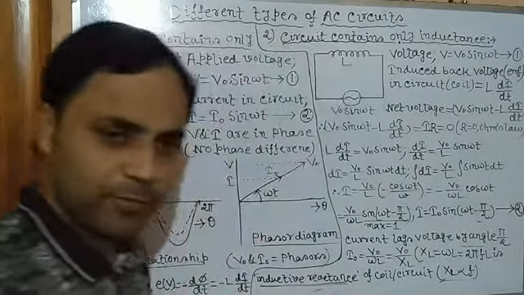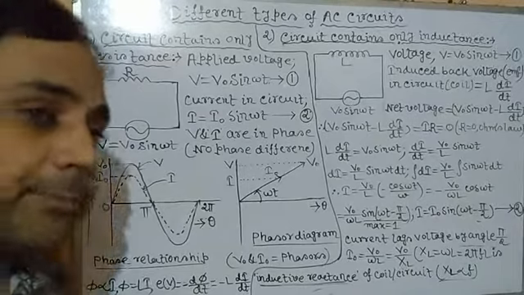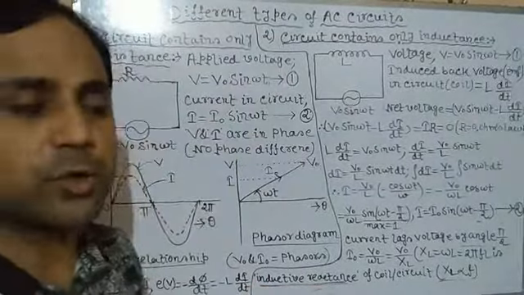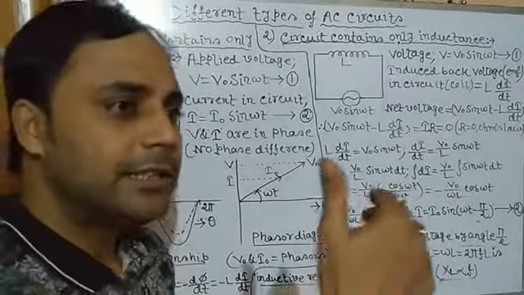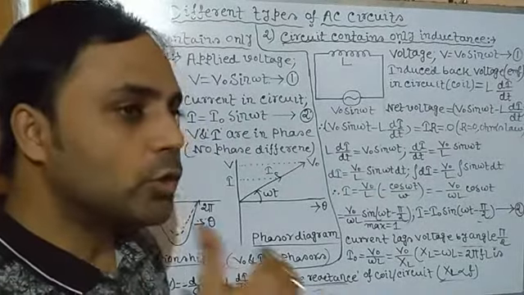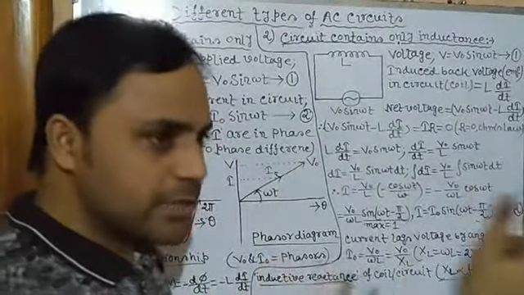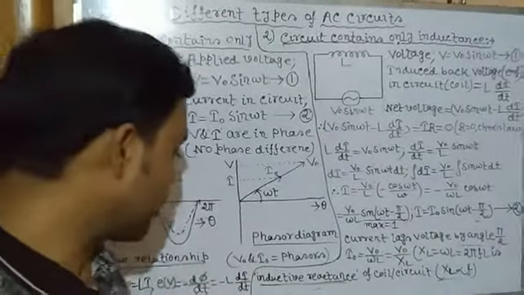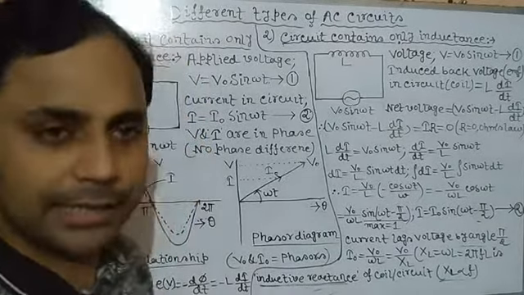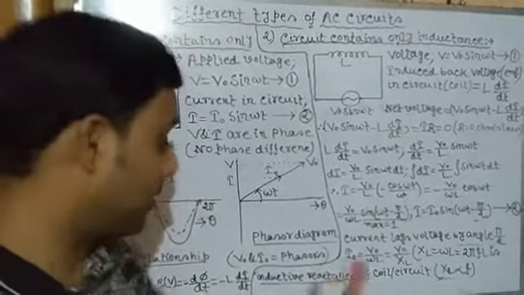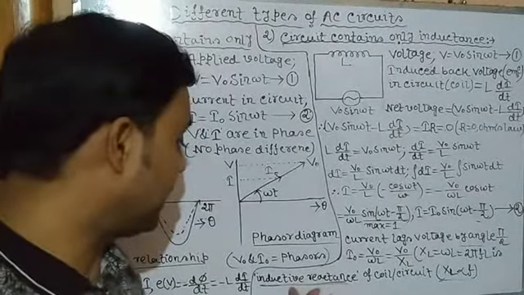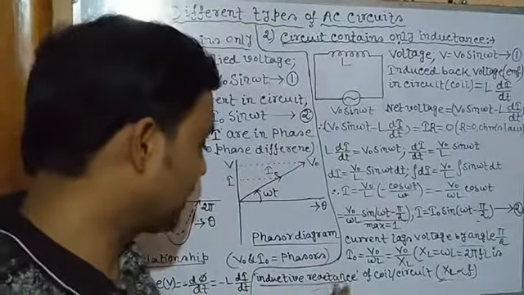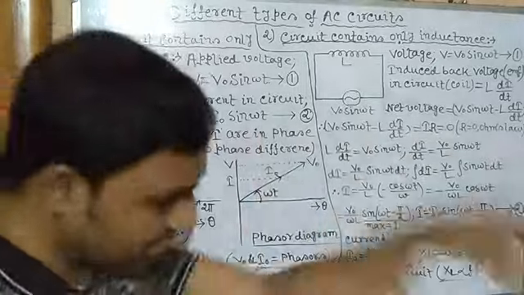Inductive reactance. What is its implication? What is its function? Its function is just like resistance, to oppose, to create problems, or it opposes and prevents the flow of the alternating current or voltage. Clear? So that's why it's called inductive reactance, the reaction of the inductance. That is called inductive reactance, because the inductance reacts, like a reactional resistance.